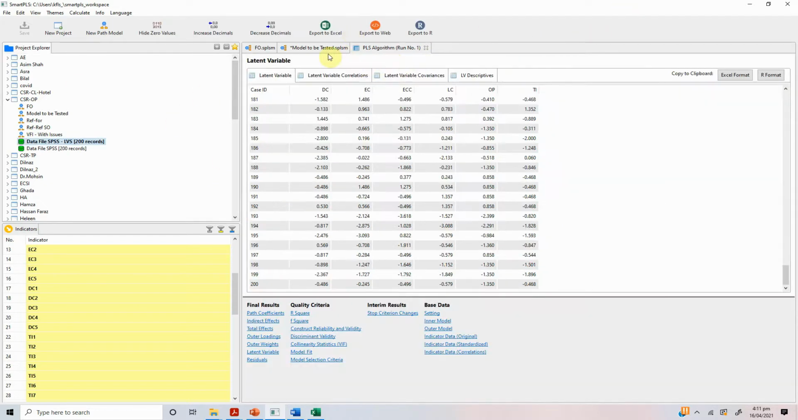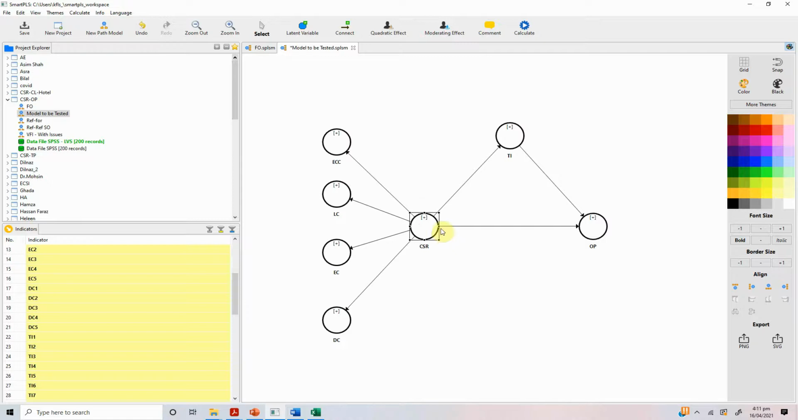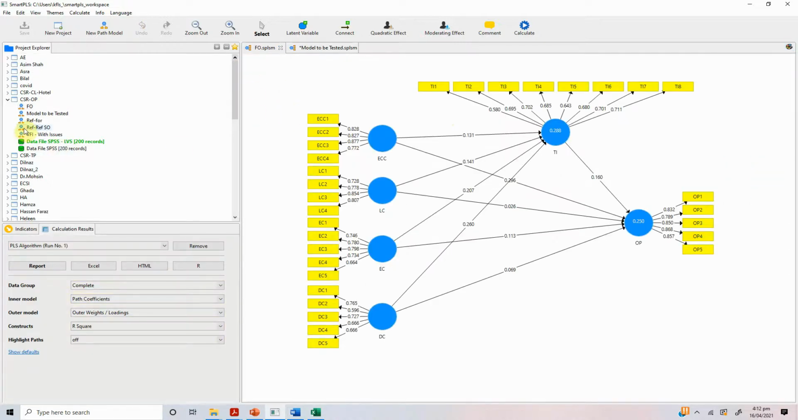Now the next step is that we need to test the higher order constructs. Now this was your lower order construct. All lower order constructs tested for reliability and validity. But what we are actually interested in is testing CSR, its impact on OP and TI. Now before we move on, we have to validate the higher order construct as well. So in order to do this, what we need to do is,